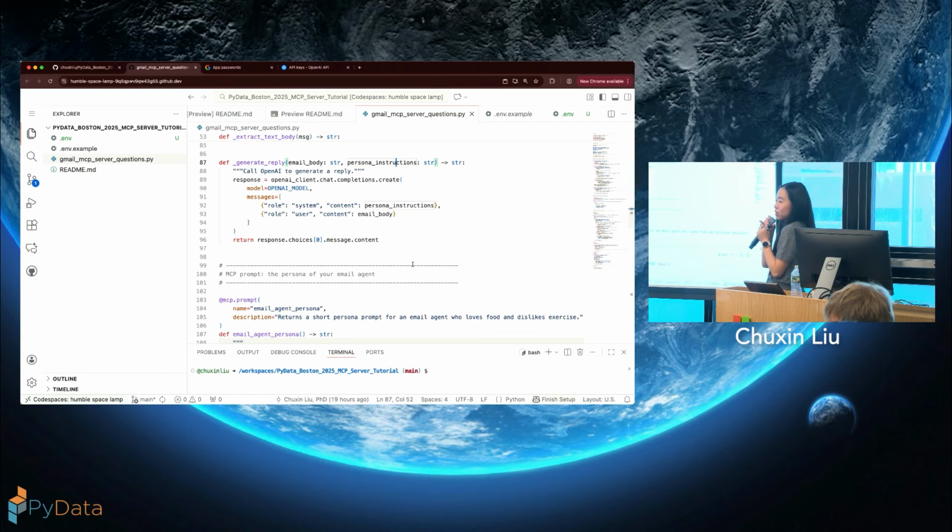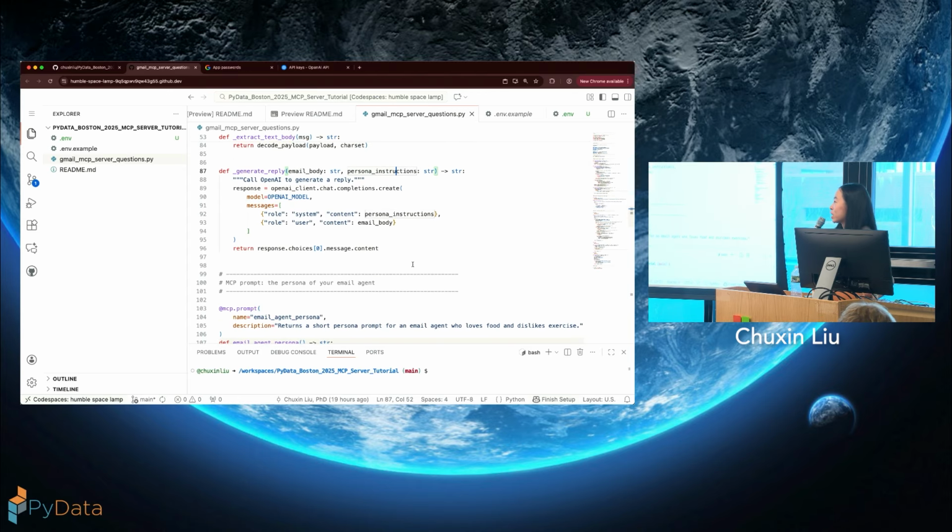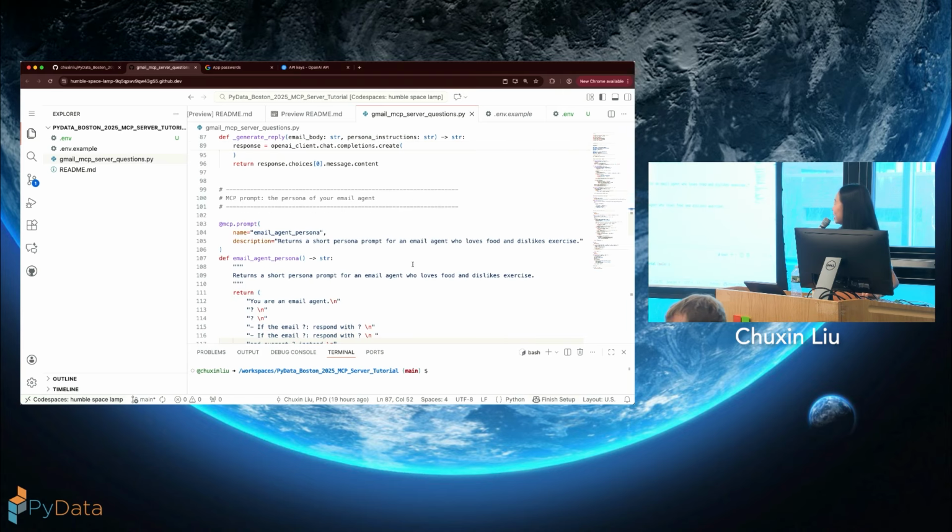Then your prompt would know how you reply to your clients: you start with this information, that information, and at the end, for example, please feel free to schedule a call with me using this link. All you need to do is think about what emails you need to reply to but don't want to reply to yourself, and you want an agent to reply for you. So that is the part.